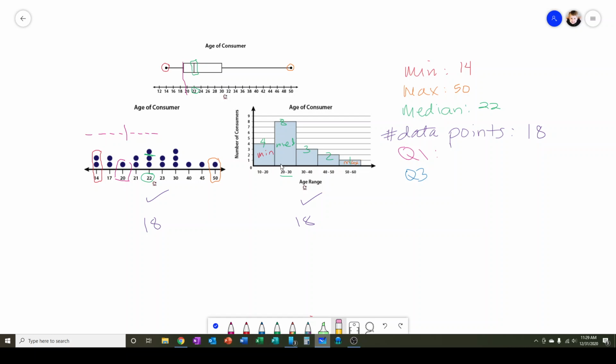And then last, we have the upper quartile, quartile 3, which is 30. 1, 2, 3, 4. 1, 2, 3, 4. And that gives us this as 30. And 1, 2, 3, 4. That puts this in here. So 30. So when you match up these points,